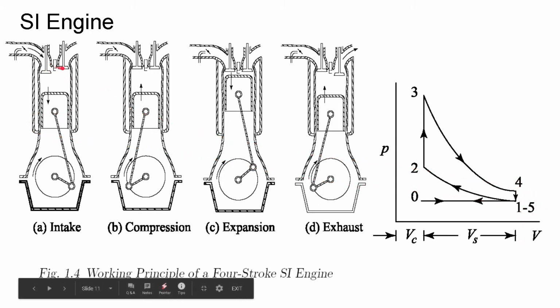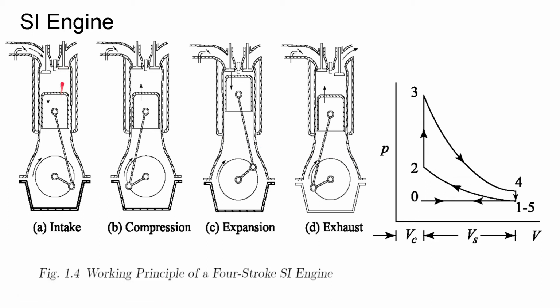point 4, the exhaust valve opens, and immediately the exhaust gases, or the products of combustion, go outside. The pressure has immediately dropped to P naught, which is at point 5. It is at the BDC, and then again due to inertia the piston moves upward from BDC to TDC, pushing whatever products of combustion are left inside our combustion chamber to go outside. During this process the intake valve is closed and the exhaust valve is open, so all the products of combustion move out of the combustion chamber. So we again reach point 0. That's all we have.